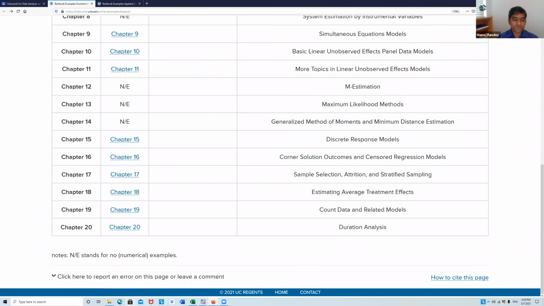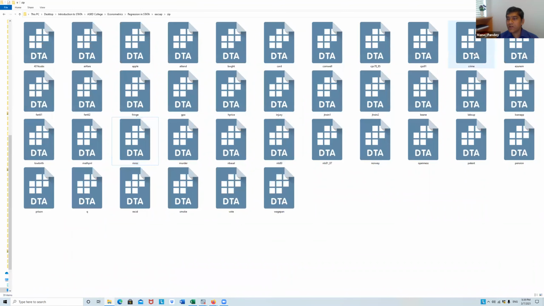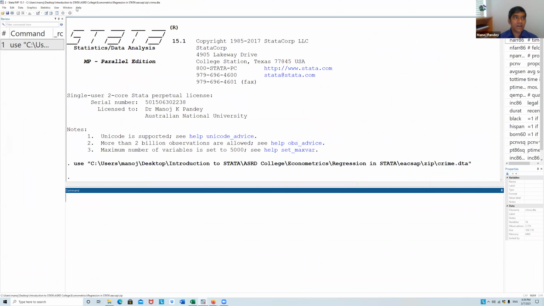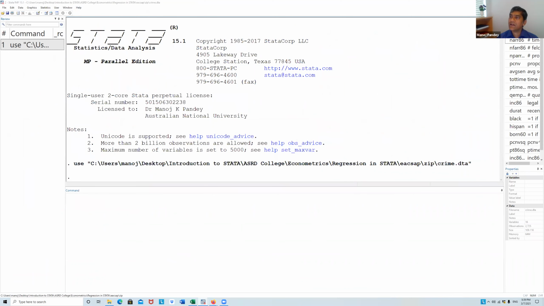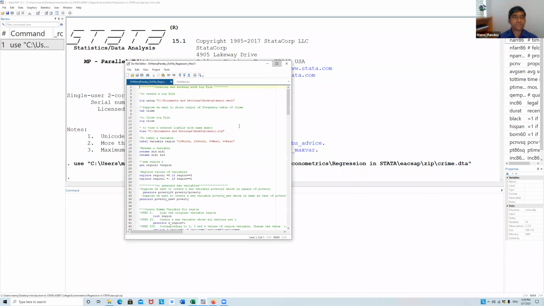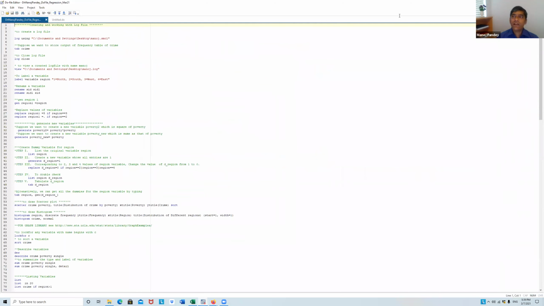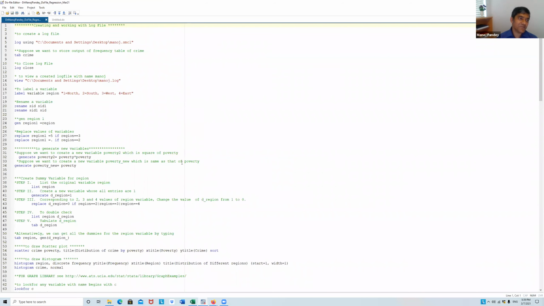Okay, now I'll move to my own presentation, my own analysis, which I'll be doing with the crime data. So what I'm going to do is I'm going to have this crime data here. So I open this crime data, and then I have this do file which I compile with. And we will do it step by step. So basically this session is in a way a revision as well, okay? And we have, I think, less than an hour to do everything. So I will be a bit fast in this session as well.